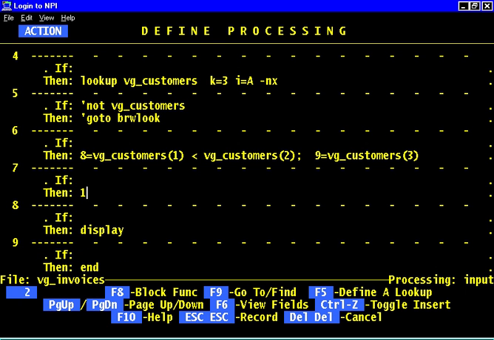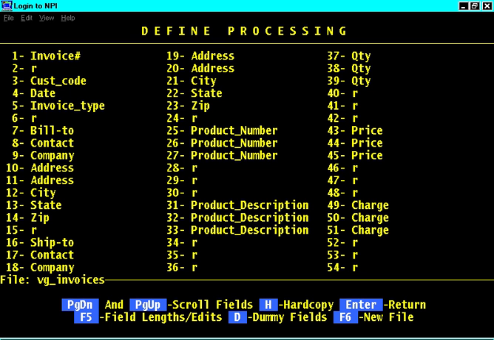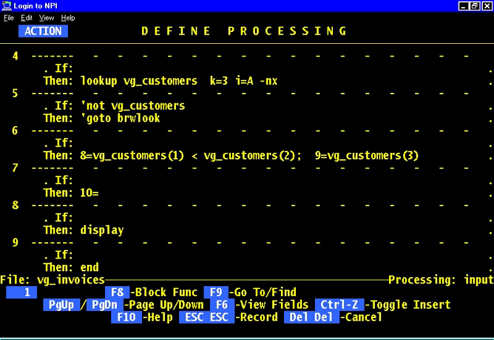The next one I have to fill up is 10 equals, and I could type VG customers, whatever field 10. Let's see, whatever the first address field in VG customers is. But let's talk about shortening this. I want to refer to this VG customer file